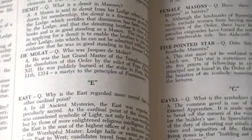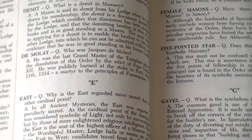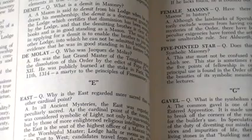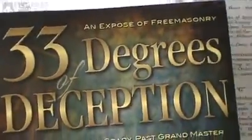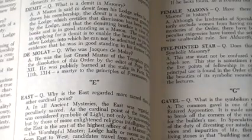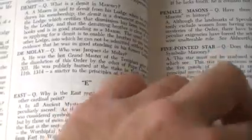Okay? Now I suggest looking up the oaths that they have to take. You might want to reference Jim Shaw, a past worshipful master, and he left. Also this book here, 33 Degrees of Deception. Those are very good sources of past Masons revealing the secrets. Okay, I'm just using this book to show you. Now here,